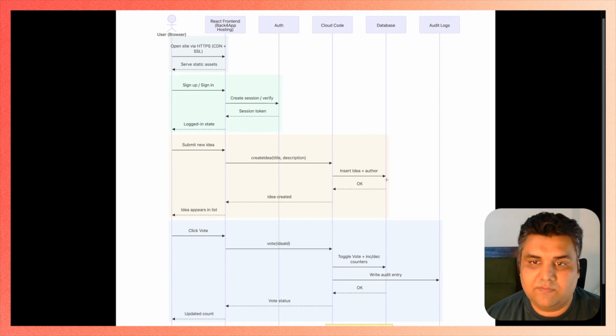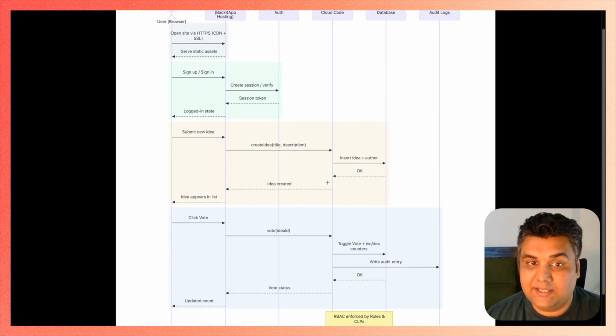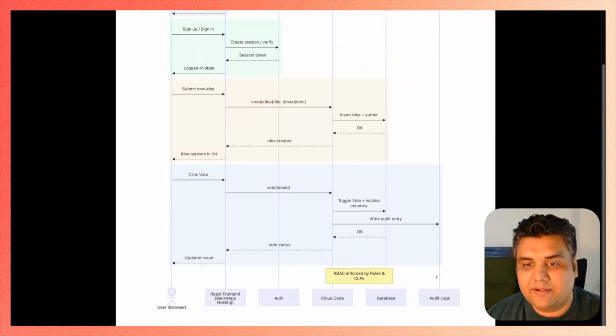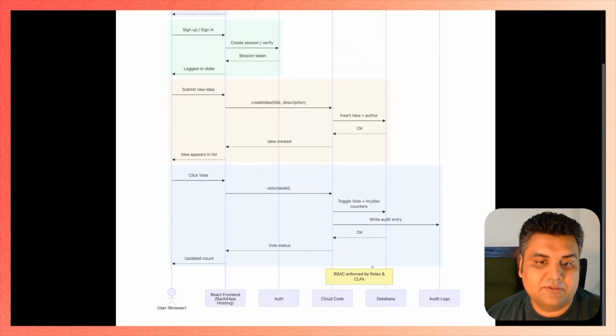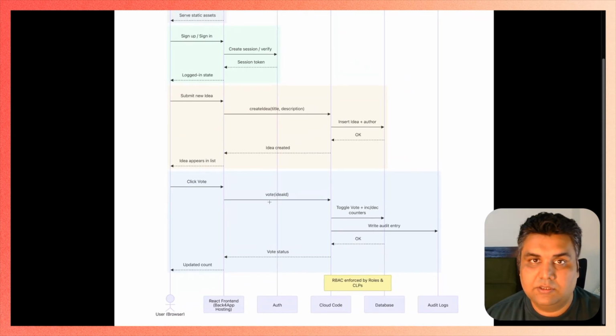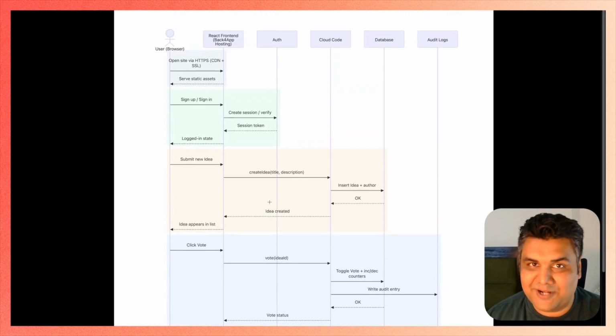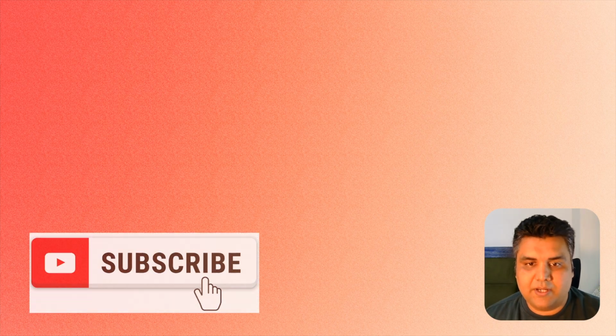From there, you're returning results if you're voting on anything. Your idea is created. We just created an idea. You saw that. Once you click on vote, that again goes to the database, and audit logs are also taken care of. The entire RBAC policy and roles are enforced through Back4App. Great. You can see how easy it was to build an application end-to-end within a few minutes